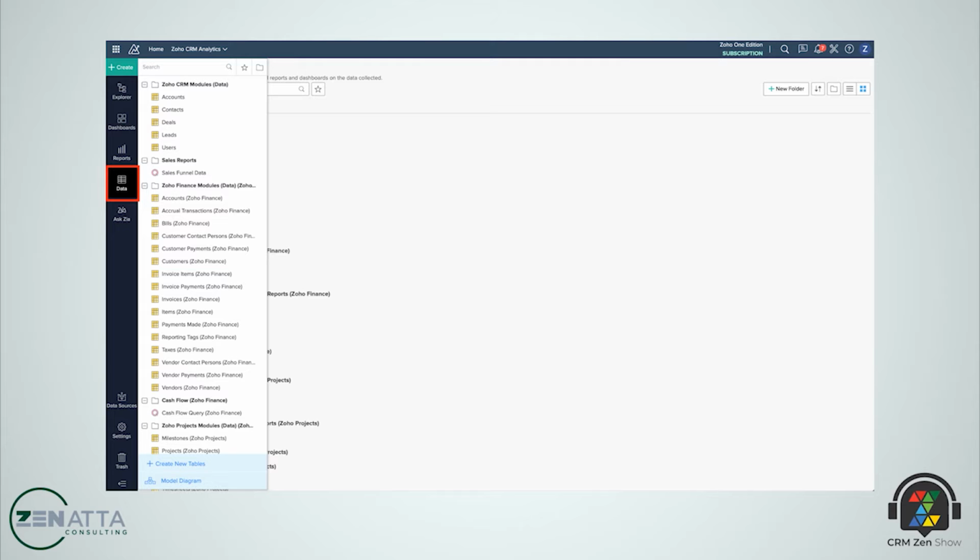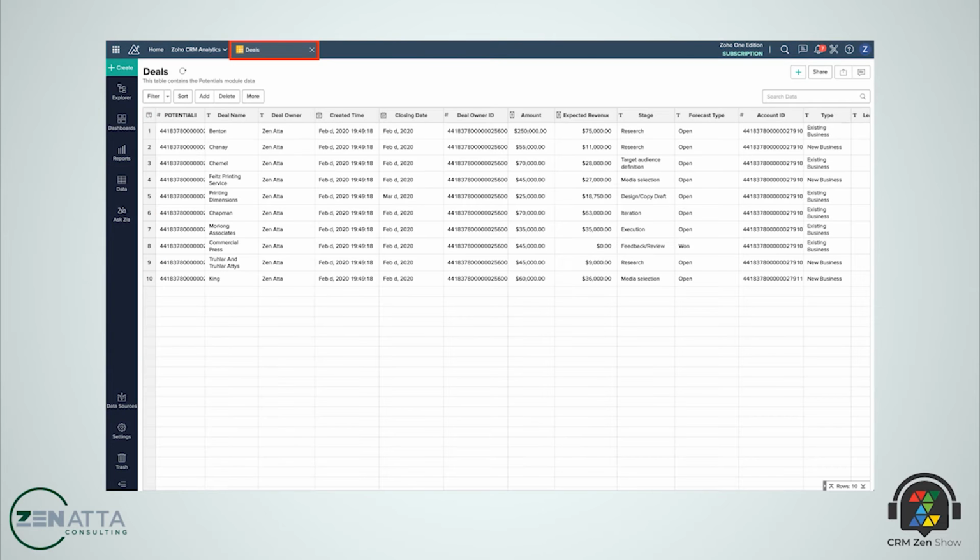They look like records and special list views, and they're rolled up into reports. But as far as analytics is concerned, they're really just spreadsheets of data. So if we click into, let's say, our deals table,